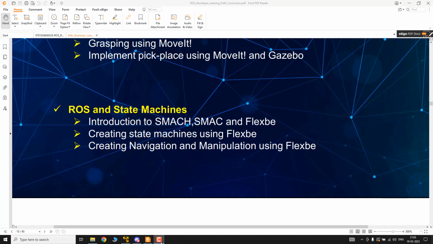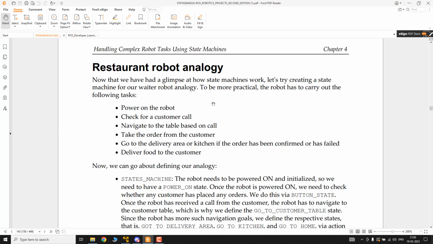This chapter is based on the book called ROS Robotics Projects, second edition, one of my books, but this chapter was contributed by another author. Okay, so what we are going to see today is the restaurant delivery robot